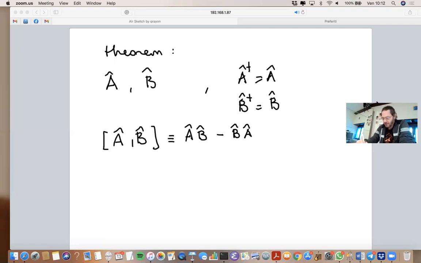Now, since this is a product of two operators, it is still an operator. And the difference between two operators is still an operator, so this is an operator. And you can show that if this is Hermitian, then also this is Hermitian. Now, if this operator, when acting on any function of the Hilbert space, any state, will give me 0,